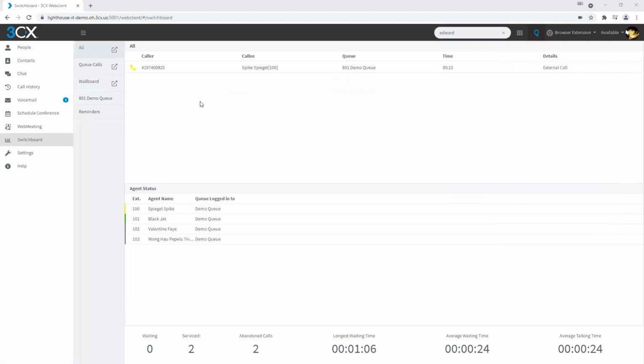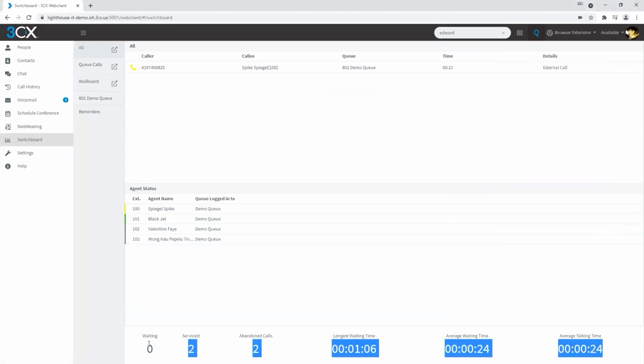just an agent on the queue, you'll notice that at the bottom, we have some statistics here. Now, these statistics may be a little bit different for you. If you're an agent in the system, this will show you what your statistics are so you have a good idea of how long you're spending on the phone. However, if you are a queue manager, the queue manager will be able to see the overall queue details for